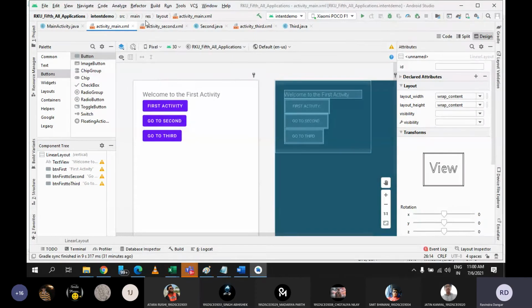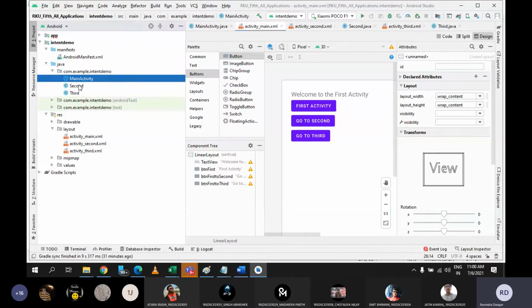See, in my case, what I am going to do in this application, there are 3 activities, and all 3 activities are implemented by me only. So these are the external activities. These are not the inbuilt activities. They were not available earlier, I have just created all three activities now, so these are the external activities.